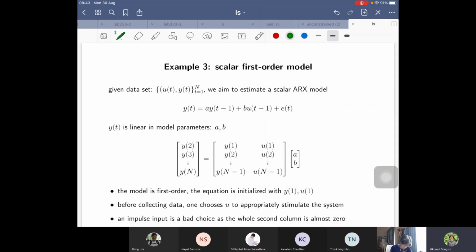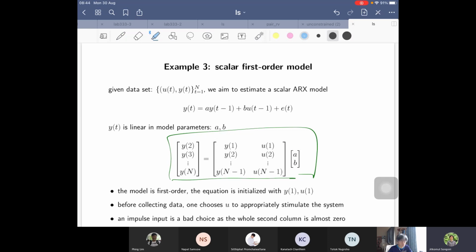All right, that's done. You form these vectors and solve with linear least squares. One observation I would like to relate to the previous chapter: remember when we talked about how to choose the input signal to stimulate the system, we discussed white noise, impulse input, step input,